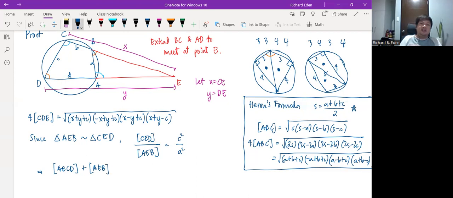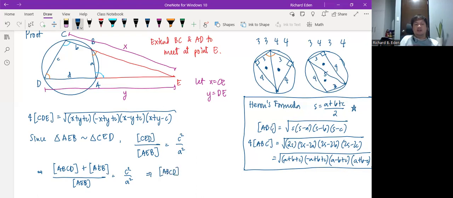Some of the areas would be the area of CED divided by AEB equals C squared over A squared. But then on the left side, you have AEB over AEB, that's going to be equal to 1. So therefore,